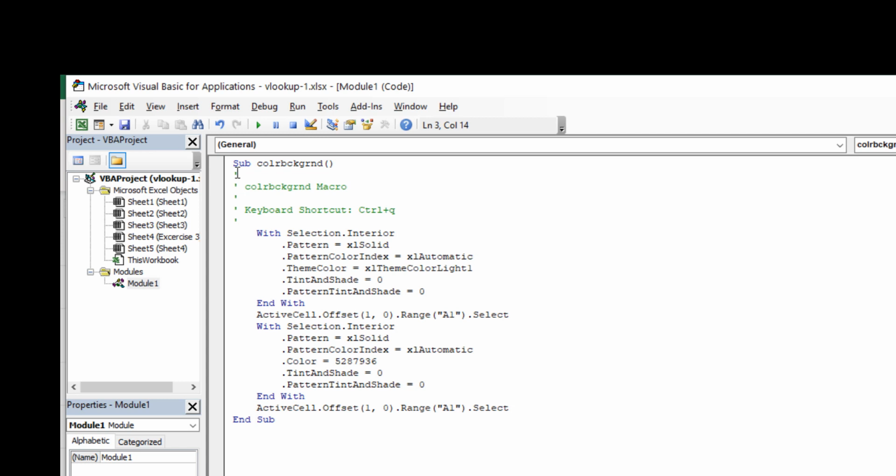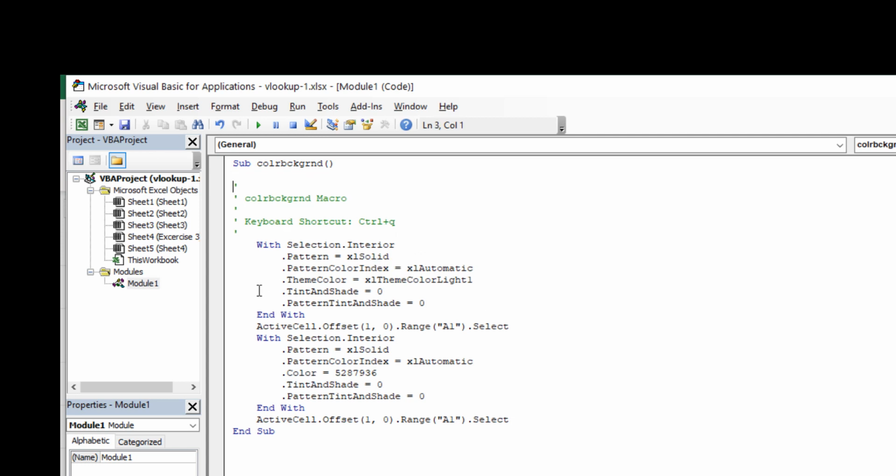Okay, now the macro that we recorded, the VBA code for that starts with a specific word, sub, and this code ends with end sub. So a macro or a piece of code in VBA starts with sub and ends with end sub.